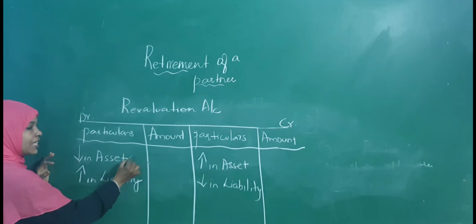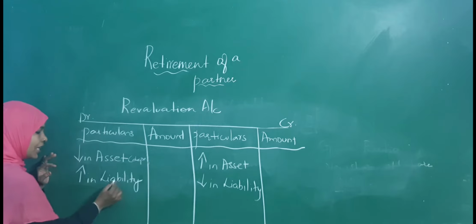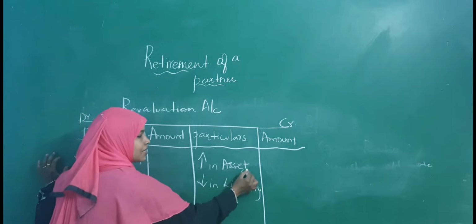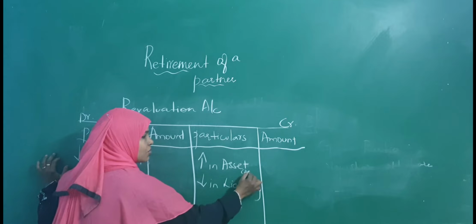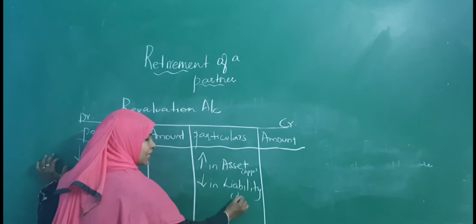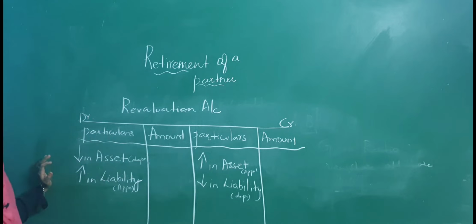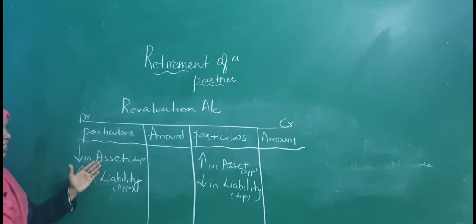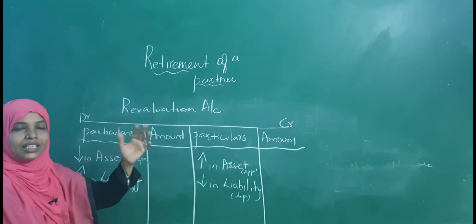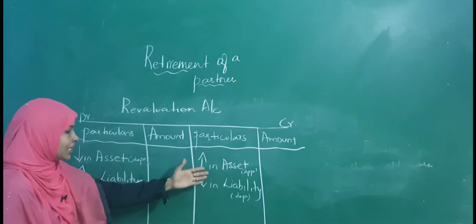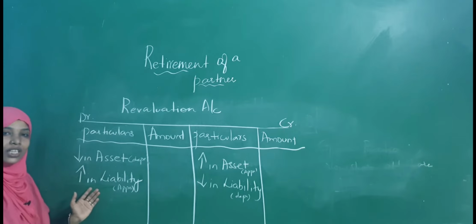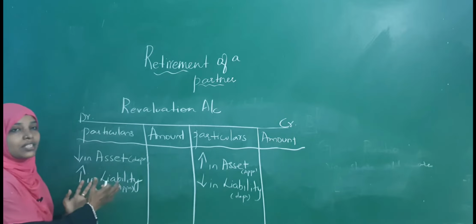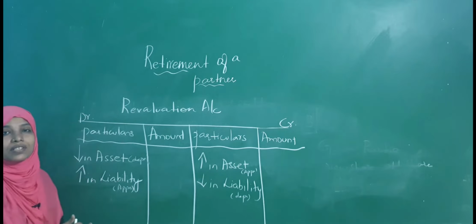Decrease in asset is known as depreciation. Okay. Increase in liability is depreciation. Increase in asset is appreciation. Okay. Decrease in liability is appreciation. Keep this concept in mind when you do it. If there is a depreciation of any asset, suppose furniture has been depreciated, you will take it in the debit side. And if they tell there is an increase in furniture, you will take it in the credit side. If there is an increase in liability, you will take it in the debit side. If there is a decrease in liability, you will take it in the credit side. And whatever balance comes, you will transfer it to the partners' capital accounts.